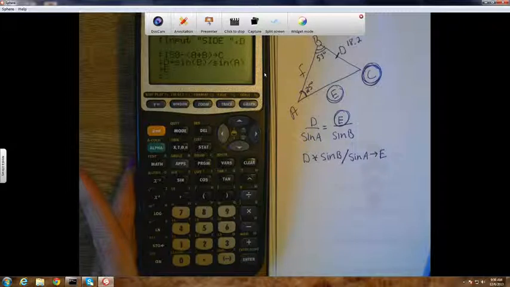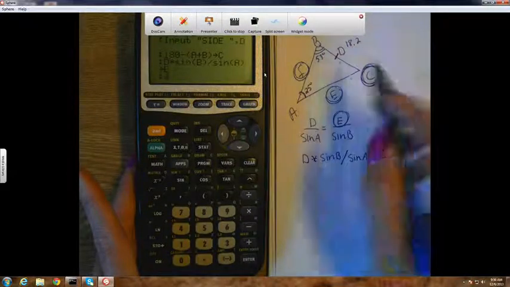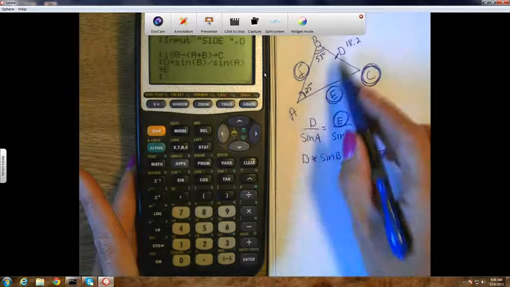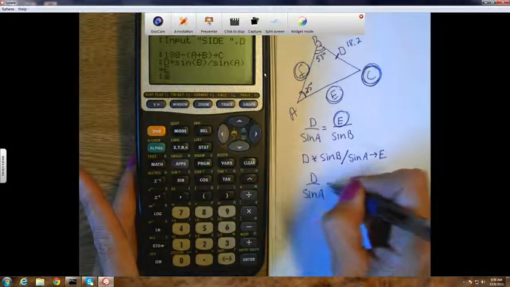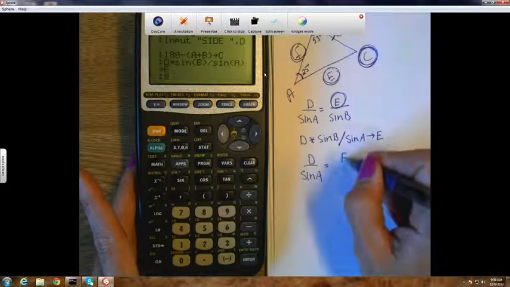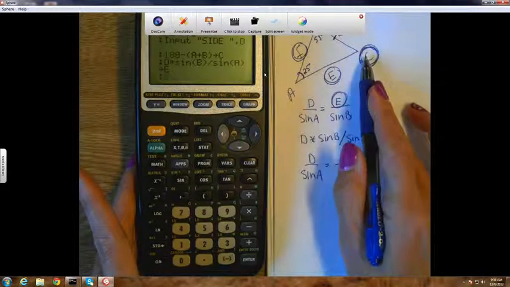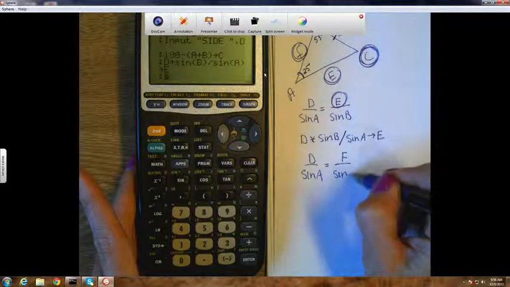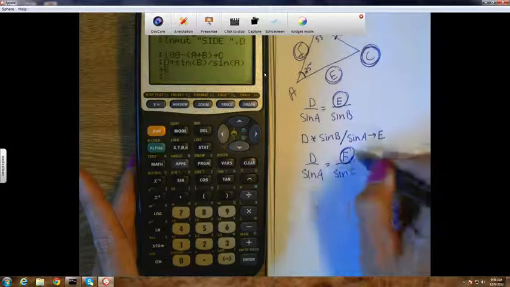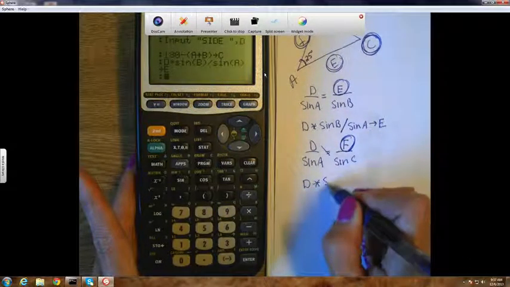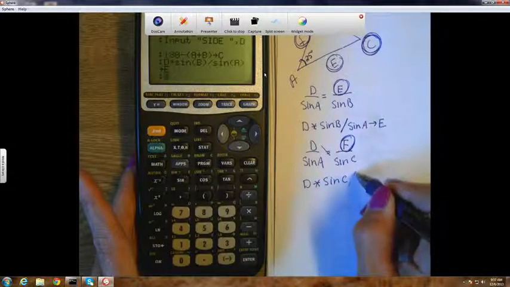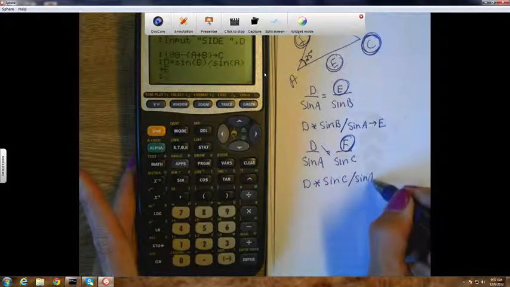What else do we have to find? Or is everybody ready? We have to find the two sides. We still have to find F. So I'll go back to law of sines. I'll stick with the D and the sine A. D over sine A equals, this time, what does F have to be over? Sine C, according to my picture. F is what I'm solving for. So I know I'm going to multiply D times sine C, and I'm going to divide by sine A, and store that in F.